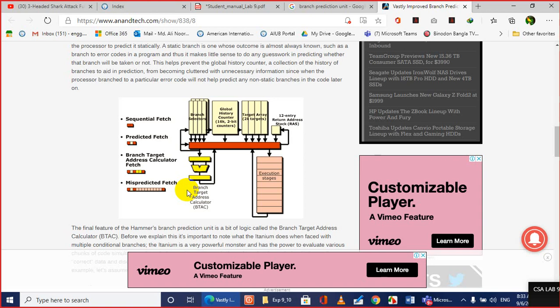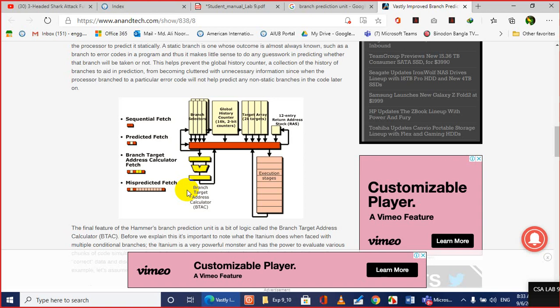So we have discussed two parameters. One is the cache hit rate and the penalty when there is a cache miss. That means when you are looking for an item in the cache memory, if you don't find it, it is a miss. So how many clock cycles will be wasted? Again, it is a design parameter. So 4 parameters we have seen: branch prediction accuracy, mispredicted branch penalty, cache hit rate, and cache miss penalty.